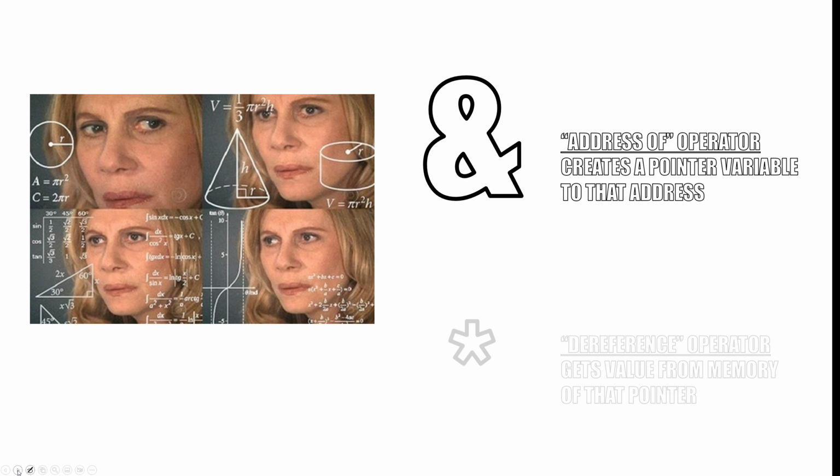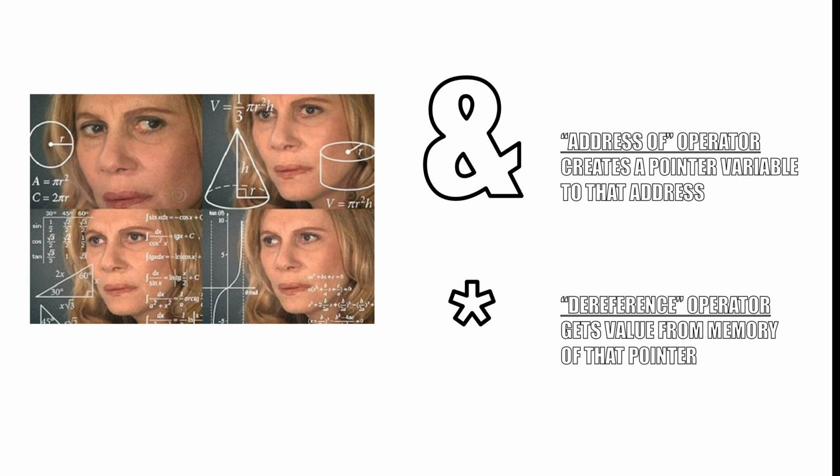Now you might be wondering, how do you get that value? How do you create one of these pointer variables? There's two operators you need to know. The ampersand here is called the address-of operator. If you take an existing variable that has an object in it, so again, integer x is equal to 15, and then here you say integer asterisk